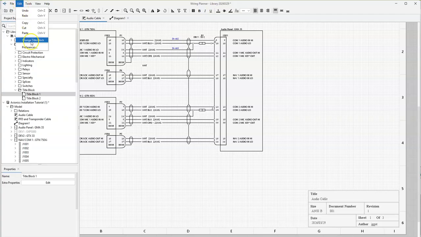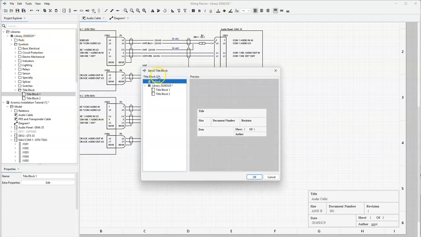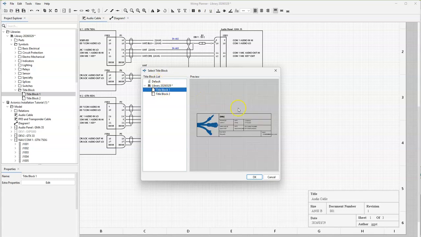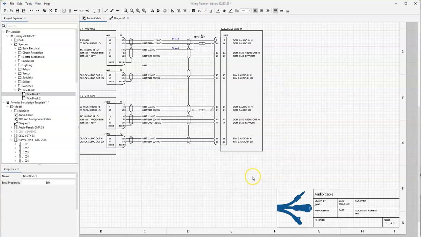If I click Edit, Change Title Block, Wiring Planner will search any open library and find the title blocks in those libraries. Right now I only have a single library open, and in it there are a couple of title blocks besides the default. If I click the first title block, it shows me a preview of what it'll look like, and if that's the one that I want to use, I simply click OK, and it appears in place